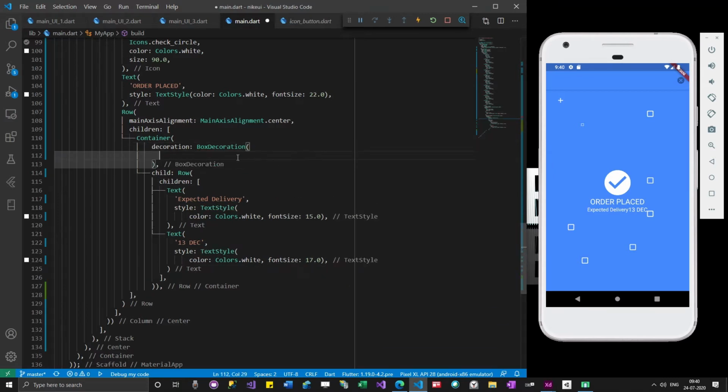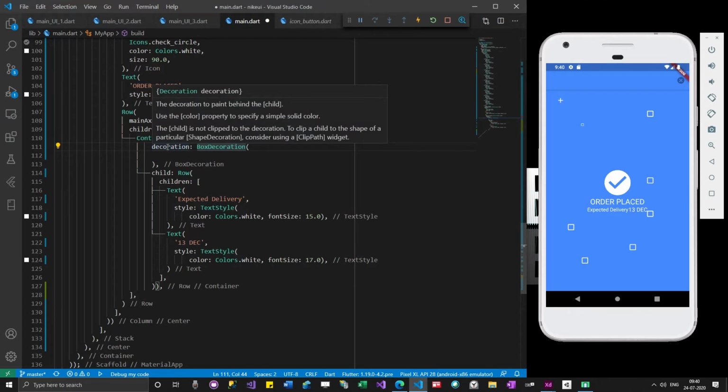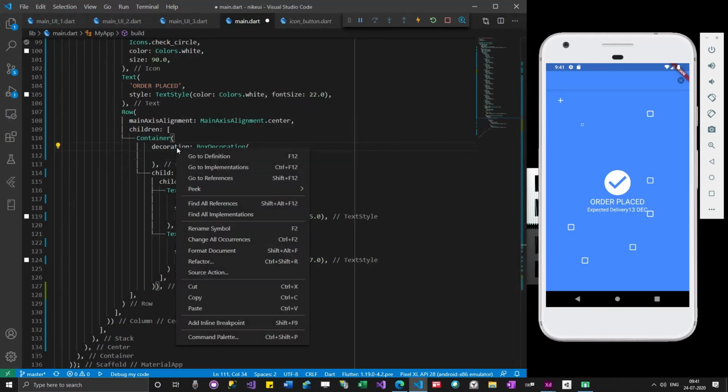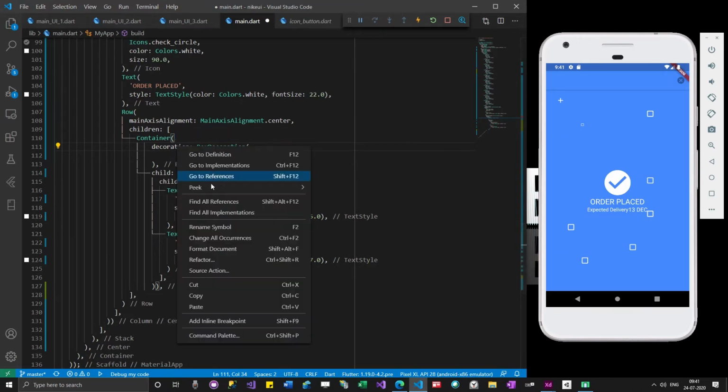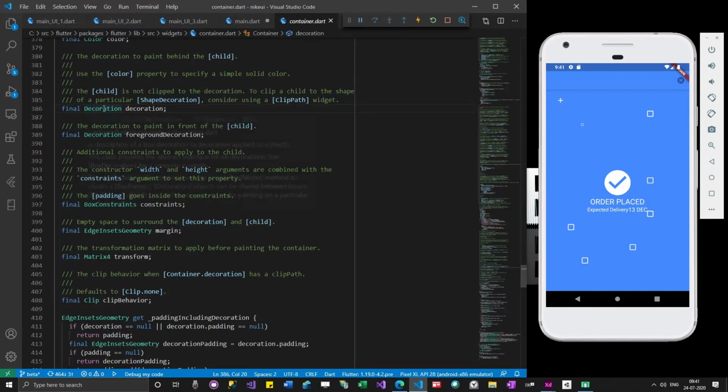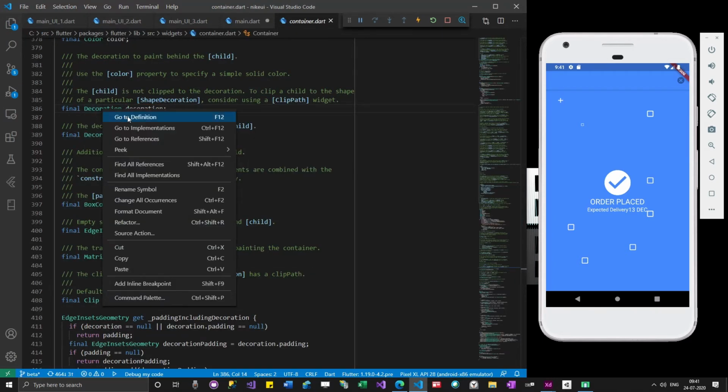How will I know that I can give box decoration? I will go to this decoration. If you see here, when I hover my mouse, you can see decoration is of type Decoration. I'll right click here and go to implementations. Nothing is implemented. Let me go to definition first, and again go to decoration.